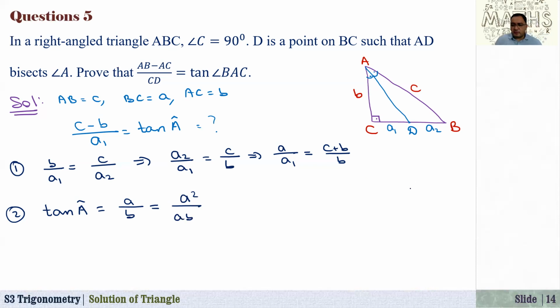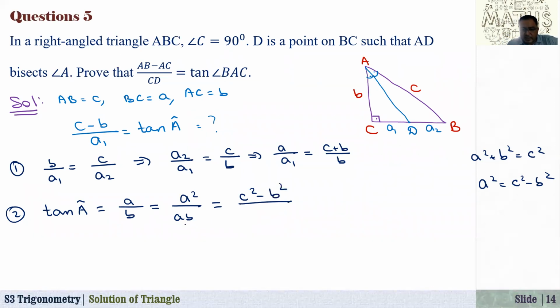And since using Pythagorean theorem, A squared plus B squared is equal to C squared, or A squared is equal to C squared minus B squared. So instead of A squared, I can write C squared minus B squared, over, instead of this A times